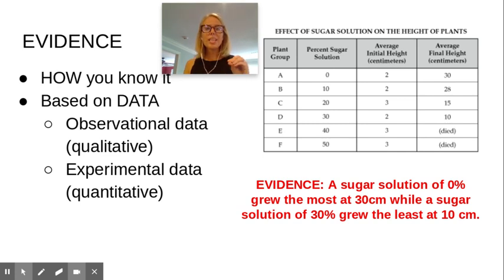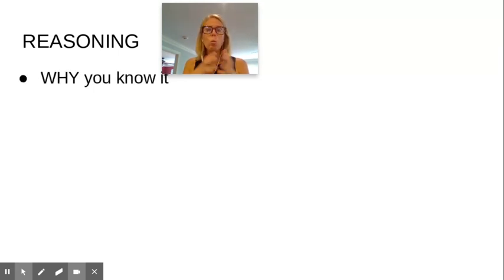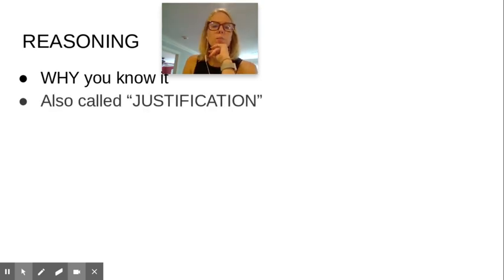So quality evidence statements will use data. All right, let's look at the reasoning component. Reasoning is, why do you know this? Okay, so we had, what do we know? Claim. How do we know it? Evidence. And then why? Why do we know it? Why is it happening? This is our reasoning. Sometimes the reasoning is also called the justification. So if you're asked to make a claim and provide evidence and then justify it, that's where this kicks in